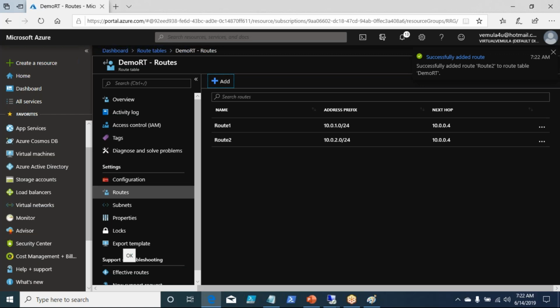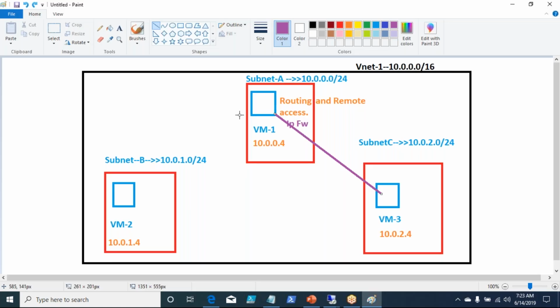Now you created two routes. One says traffic moving from subnet B should go through 10.0.0.4, and traffic moving from subnet C should also go through a virtual appliance, which is again 10.0.0.4.